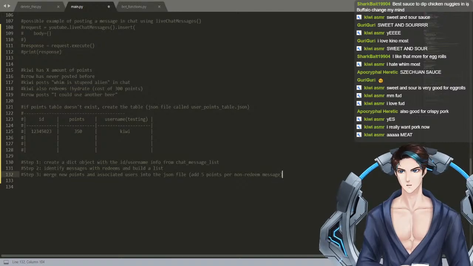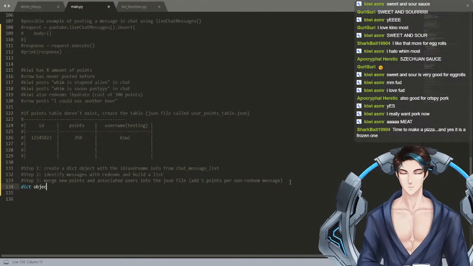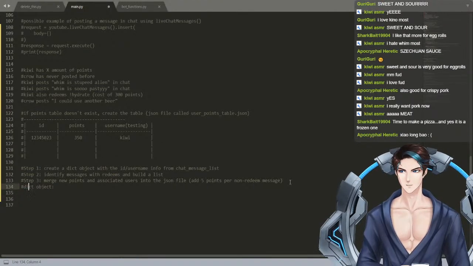So for example, in this case, Kiwi posts. Kiwi also posts "Wimb is so pasty" in chat. All right. So in my dict object, which, that's not the syntax, it's gonna be